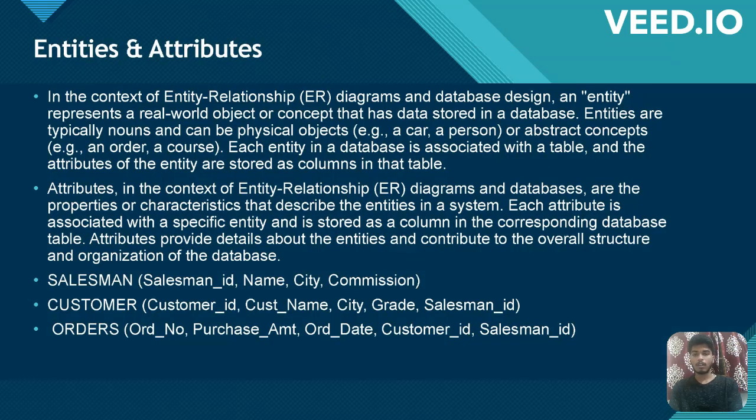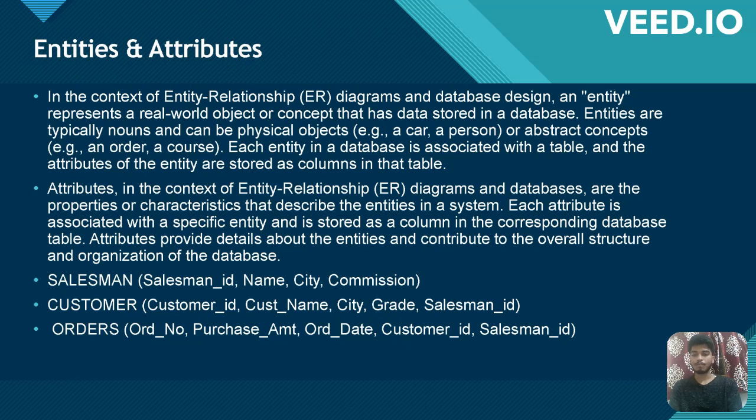We can see entities and attributes in depth. In the context of entity relationship diagram and database design, an entity represents a real-world object or concept that has been stored in a database. Entities are typically nouns and can be physical objects, for example a car, a person, etc., or abstract concepts, for example an order, a course. Each entity in a database is associated with a table, and the attributes of the entity are stored as columns